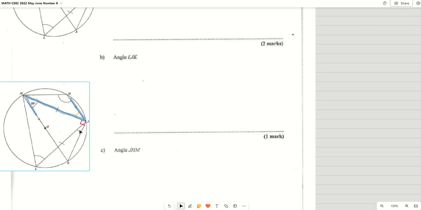So to find this little angle, let's write it down. Angle LJK is equal to the difference. I'll just write down what it is. It would be